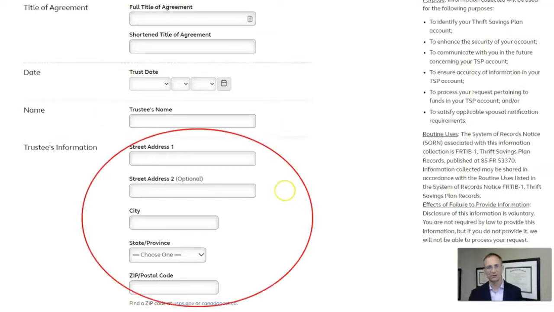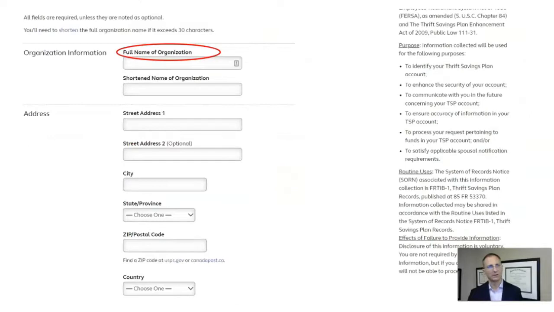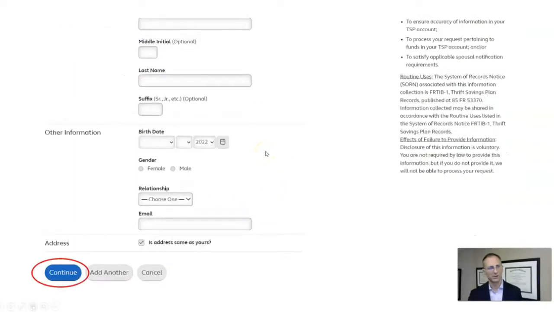So you'll need all that information. And this is just showing you what it would look like if you wanted to leave it to an organization. It's the same sort of information as a trustee. You need the name of the organization and the address. So if, for example, you wanted to leave it to a charity, you need the name of the charity and their address. Okay. So once you get all of the information for your beneficiaries entered,